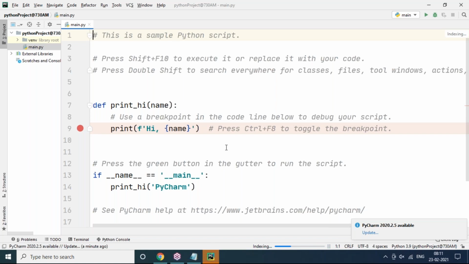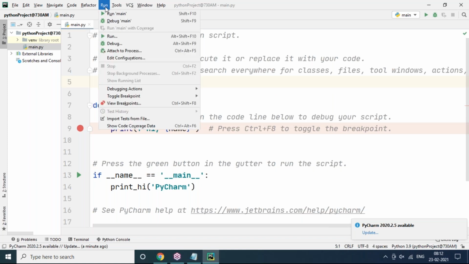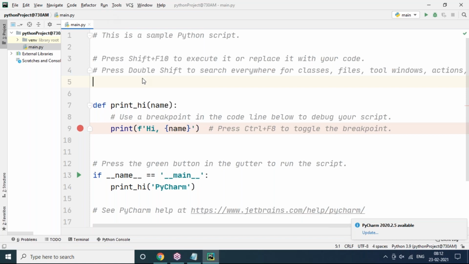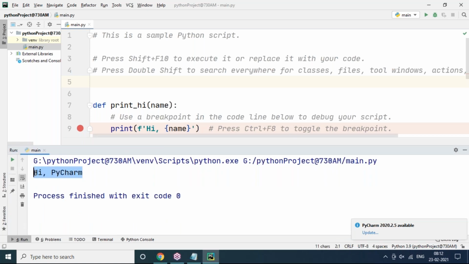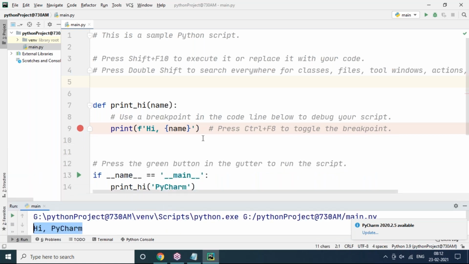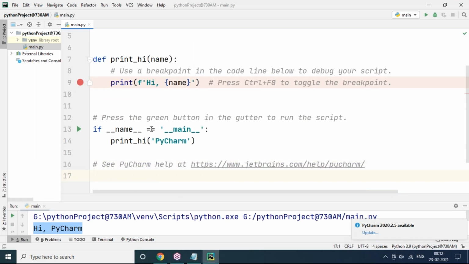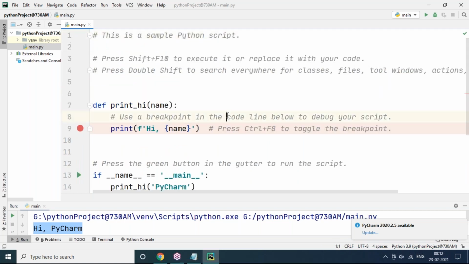Now you can see after creating the virtual environment, observe here by default one main file is coming, main.py. If you want to execute this main.py directly, you can run it by going to the Run menu and clicking Run main. Once you run this, you get an output in the output window at the bottom corner: Hi PyCharm. How did it come? Because they have already written sample code, if __name__ == '__main__', this is the main method, and print Hi PyCharm. This is main.py, just a sample file. You can ignore this file.